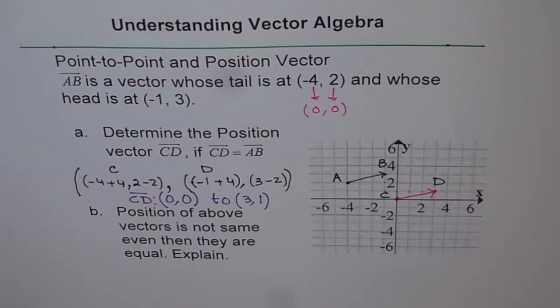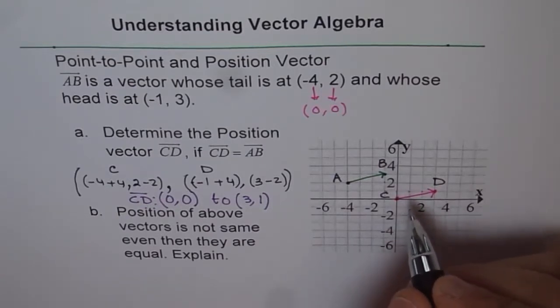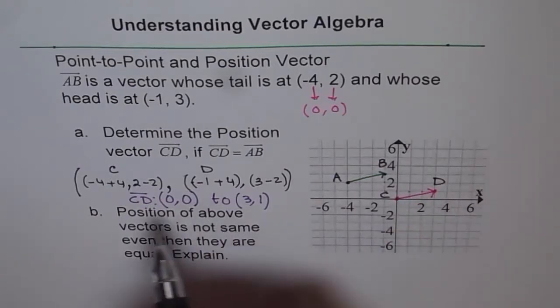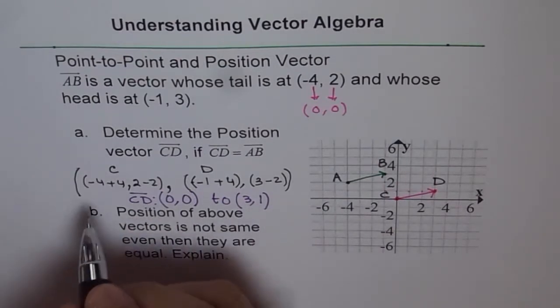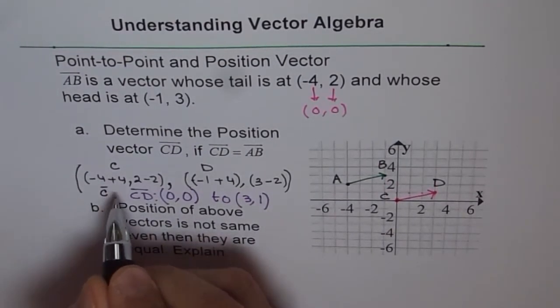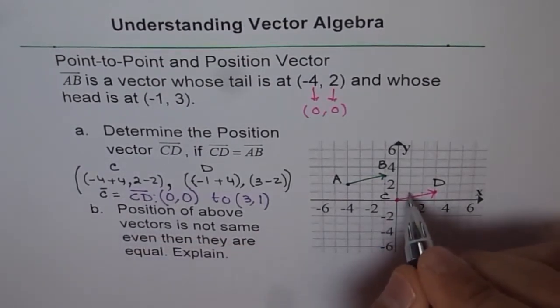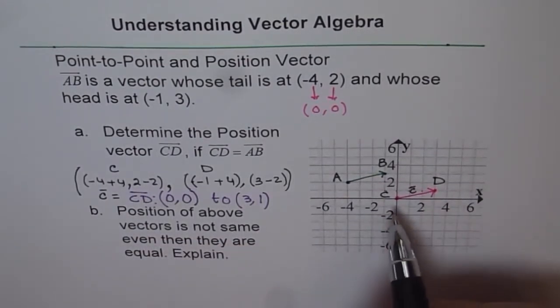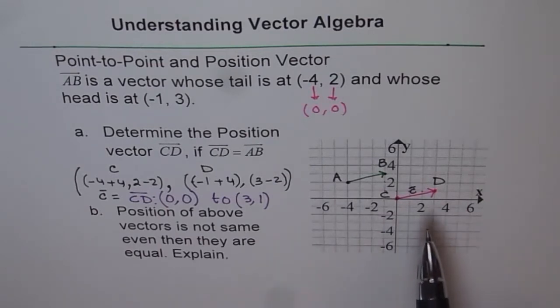And when we do so, it becomes a position vector. And I hope you will appreciate that when we are talking about a position vector, we really don't have to say that tail is at origin and head is at this, right? Because it is assumed, right? So normally, position vectors are referred to with small letters, and we can write this, for example, as a vector c, for example, right? So we say vector c is